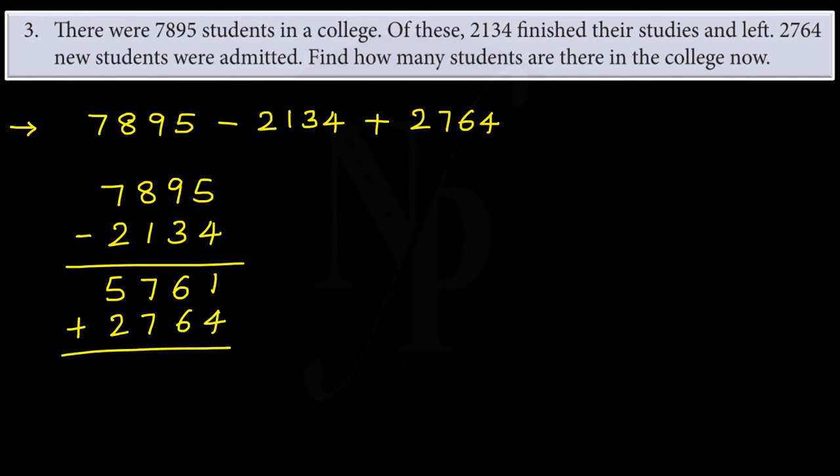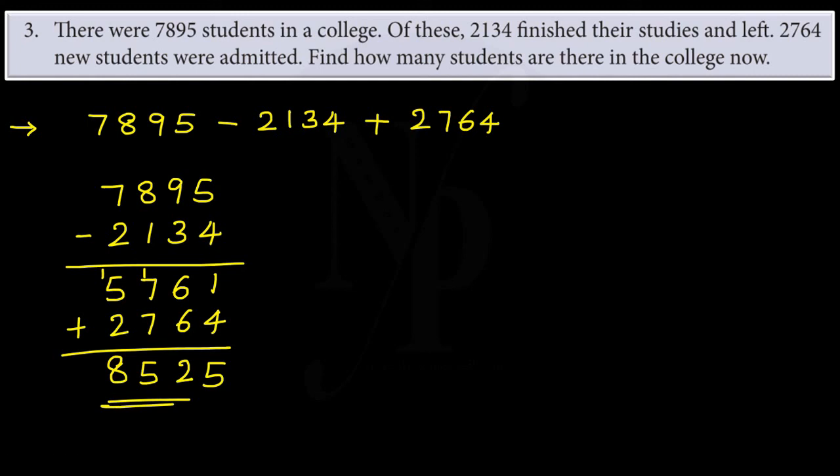So first we have found the difference of the first two numbers, and to this difference we are adding the third number. On adding, 1 plus 4 is 5, 6 plus 6 is 12, 1 is carried forward, 7 plus 7 is 14, 14 plus 1 is 15, 1 is carried forward, 5 plus 1 is 6, 6 plus 2 is 8. So this is the total number of students